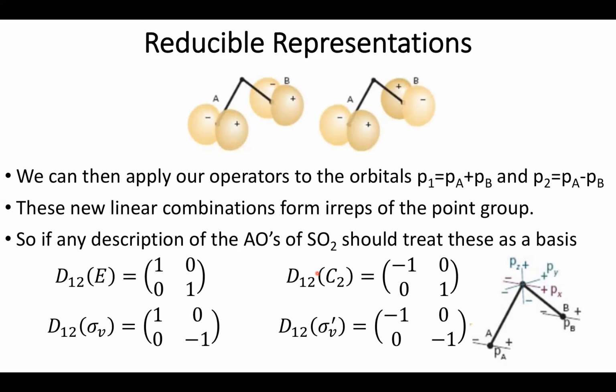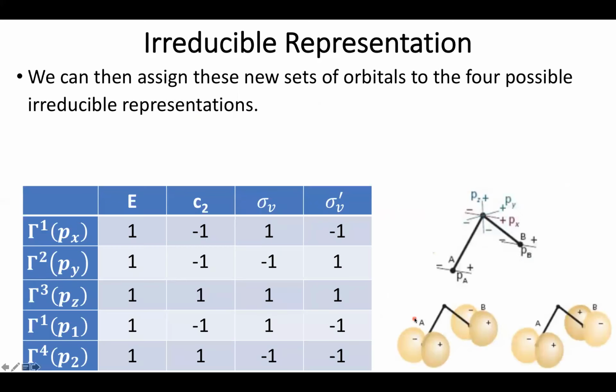But what this also allows us to do is I can now assign irreducible representations for each of these elements. So, for example, my P1 orbital has values of 1, -1, 1, -1. And my P2 orbital has values of 1, 1, -1, -1. And so we can now assign irreducible representations to each of our